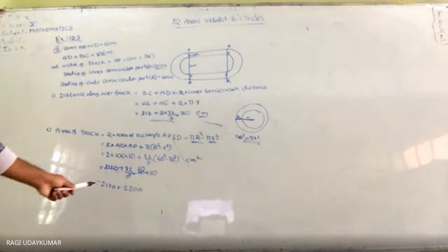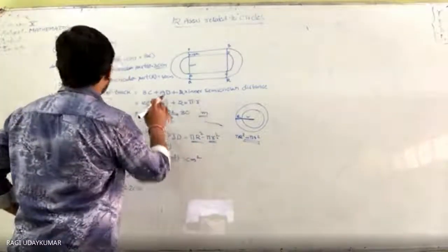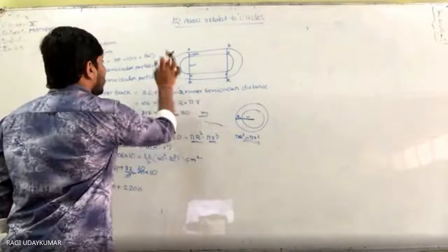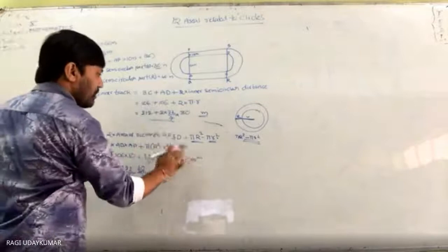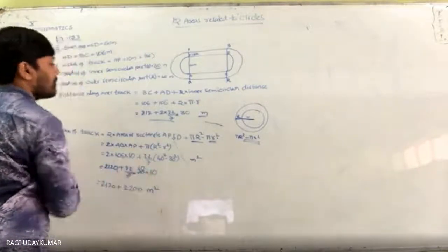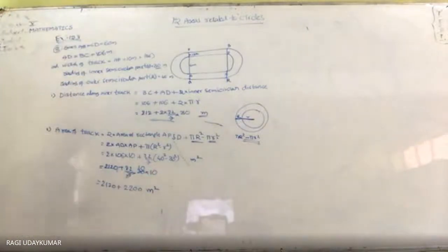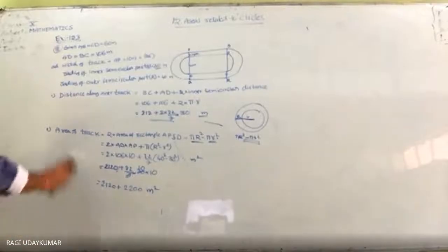But here you need to write, sorry, this is not centimeters, it is meters. Distance is given in meters. It is not centimeters, sorry, I wrote meters. Now where is this meter square? Here also meter square. Sorry, because track length is given to you. Did you understand this question? Yes, sir. Next. Ninth question.